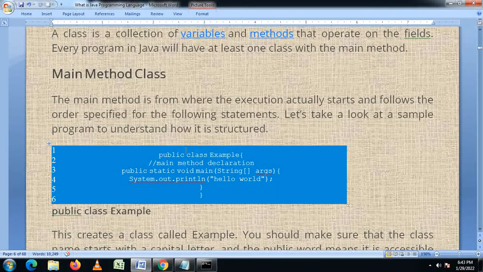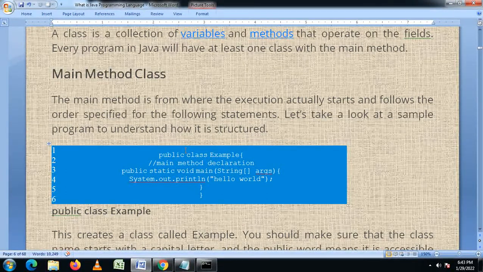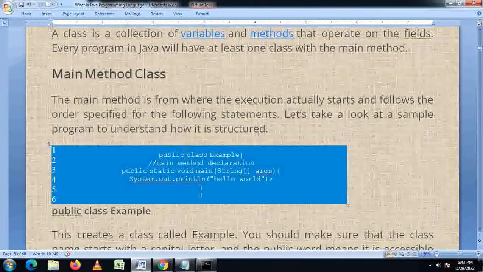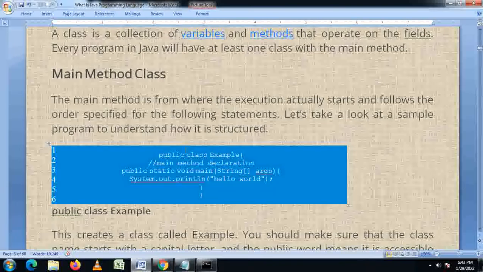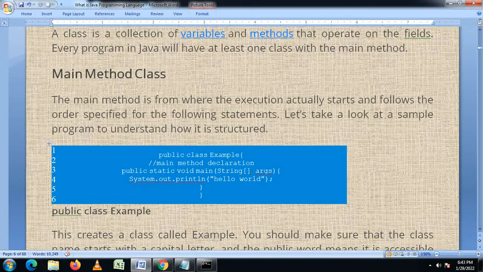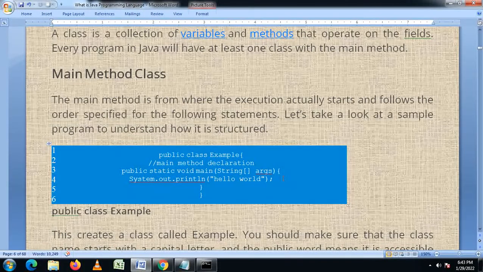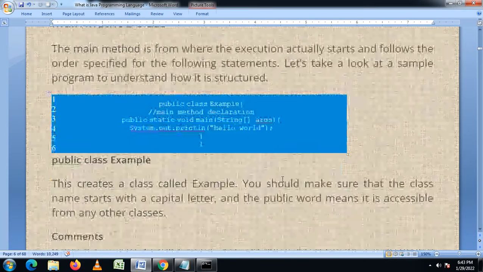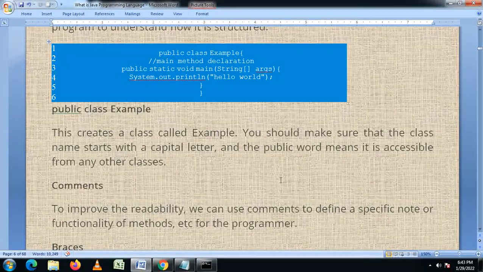It is very important. The main method is where the execution actually starts and follows the order specified by the following statements. Let's take a look at a simple program. Public class example, main method declared public static void main String args, System.out.println Hello World. We already discussed this program. Now, talking about public class example,